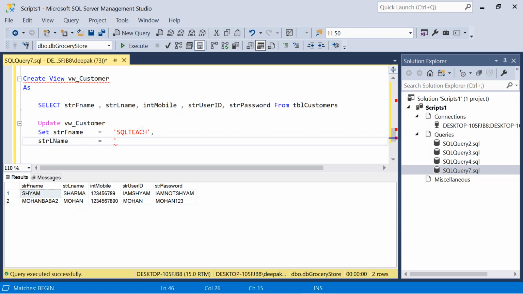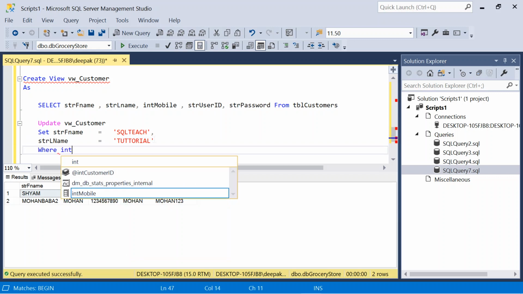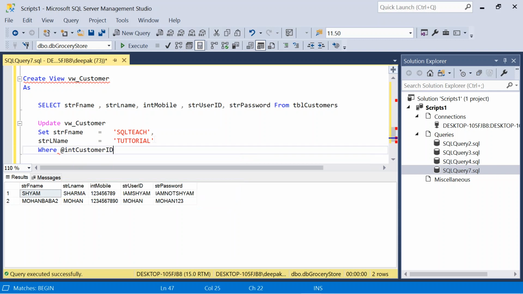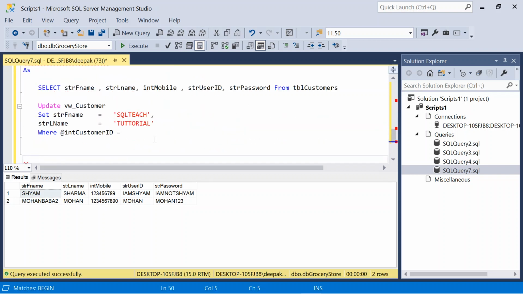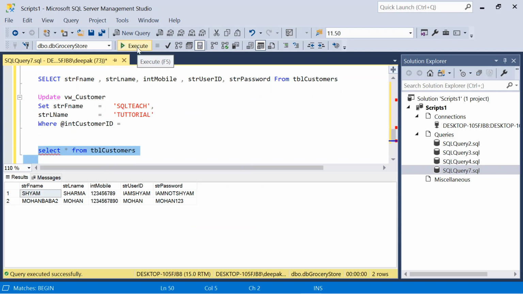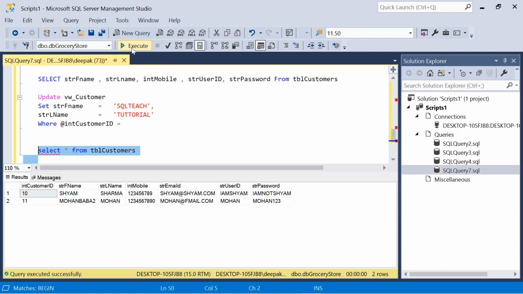And lname equal to tutorial where customer ID equal to, we need to check what customer IDs we have in the table. We have 10 and 11, right?